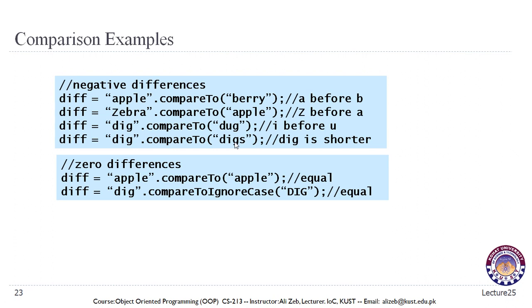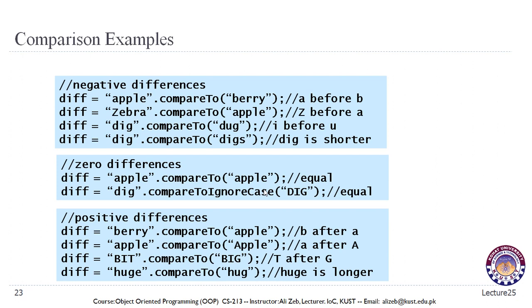So apple compared to apple should return 0, and all of these should return a negative number, since when this string comes before the string that we are comparing to, it should return a negative number. So these should return negative numbers. This should return 0. Dig compare to ignore case should return a 0, since these are equal, and these should return positive numbers